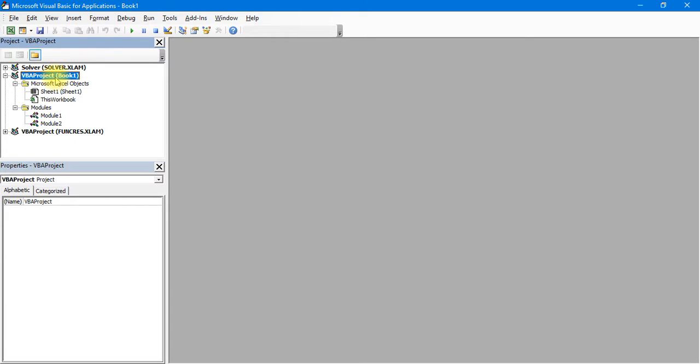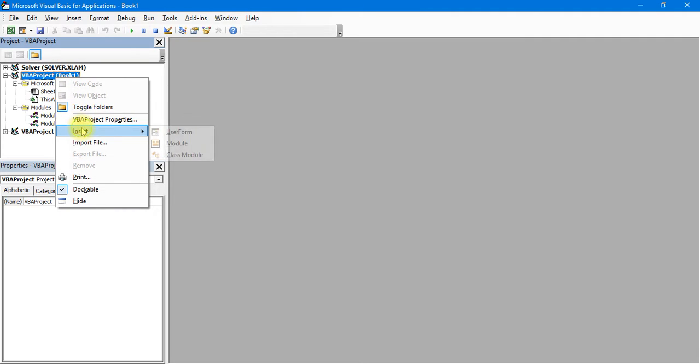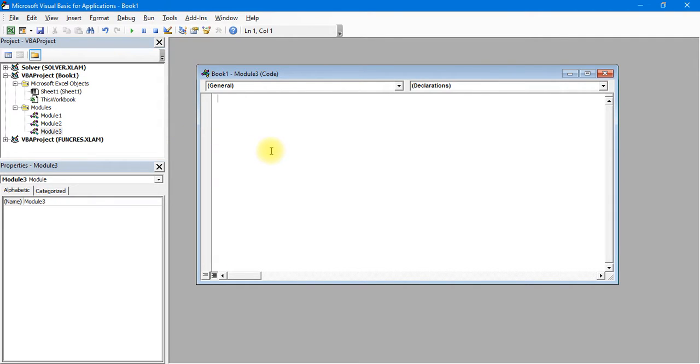Let us create one more module, insert module, and inside this module we'll create a macro function to pass an argument. Okay, so what would be that? I will complete the program, and after completing the program I will show it to you and also discuss it. Button 1 underscore click. You may have learned about these terms while you had studied Visual Basic in class 8. If you want to check out the things from there, you can definitely check out those things.